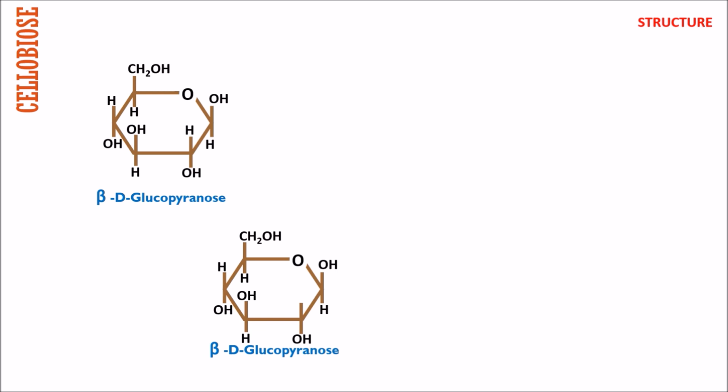As we have seen earlier, the cellobiose is formed of 2 glucose units. In these 2 glucose units, one of the glucose units has a hydroxyl group at carbon number 1, and carbon number 4 also possesses another hydroxyl group. From that, carbon number 1 and carbon number 4 of these hydroxyl units release one water molecule and form a glycosidic